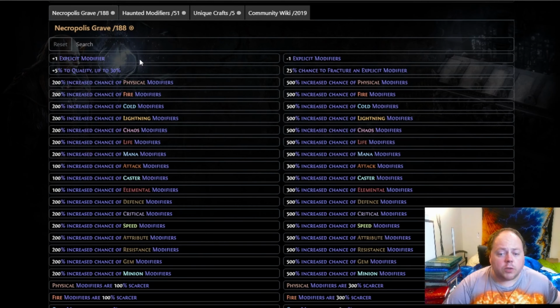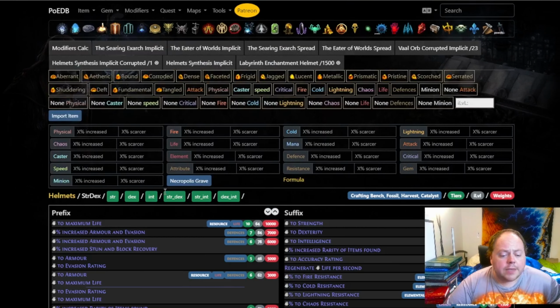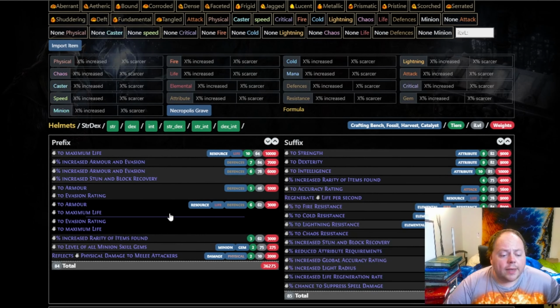The second thing we need to do is have a look at all of the prefixes that can roll on a helmet. Now I'm going to use a pure strength-based helmet here as an example. Things are a little bit different if you go with one of the other base types. For example, if we look at strength dex, we're going to get slightly different numbers, but the core principles are